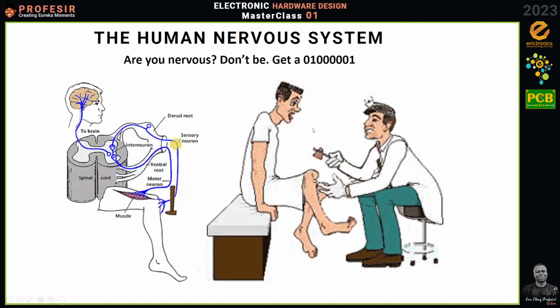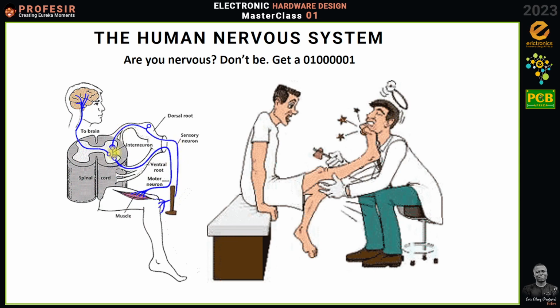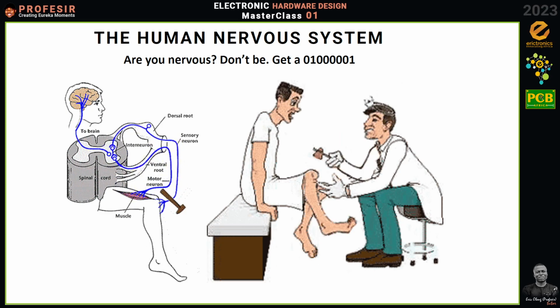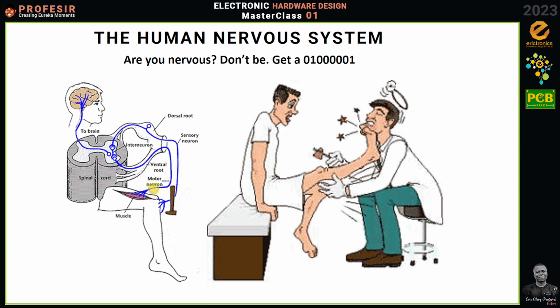So let's look at a typical scenario. There is this patient who has a problem with the knee, okay. So the doctor hits somewhere on his knee, and quickly his leg jerks, okay. Now you realize that when this happens, information traveling from the legs to the brain and back to the legs is actually similar to the things that we do when we build embedded systems, okay. So let us actually look at that, okay.